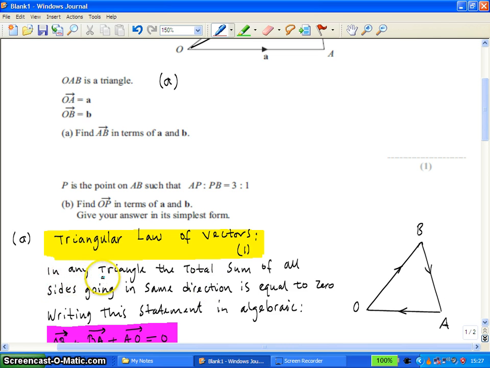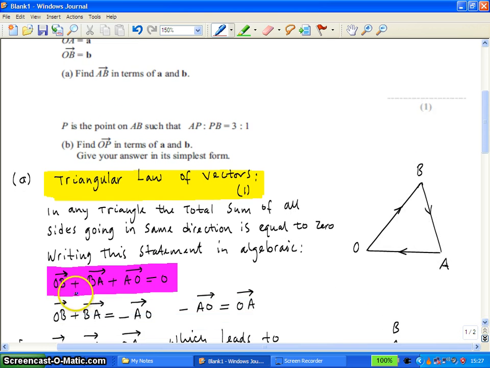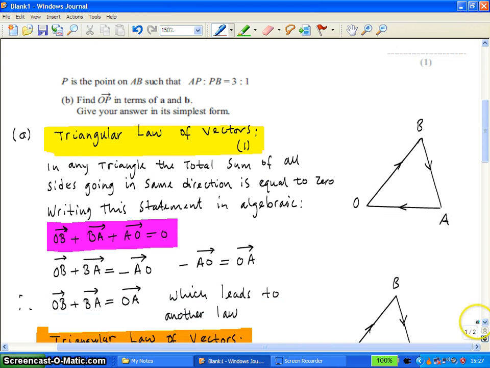In any triangle, the total sum of all the sides going in one direction is equal to 0. So for example, OB plus BA plus AO is equal to 0, which makes sense since the displacement is 0. You're actually finishing where you started from. Further, you can manipulate the equation to get it in the form of OB plus BA is equal to